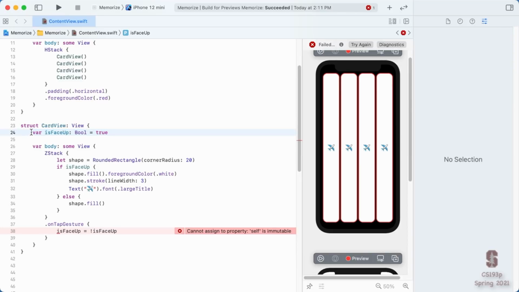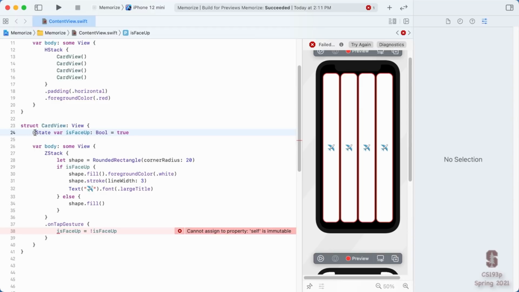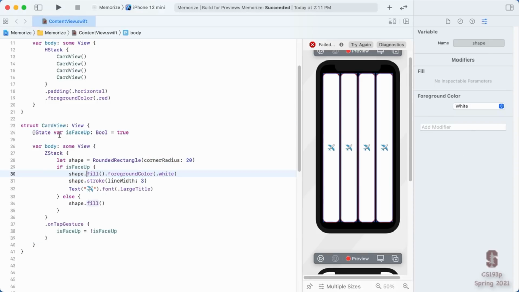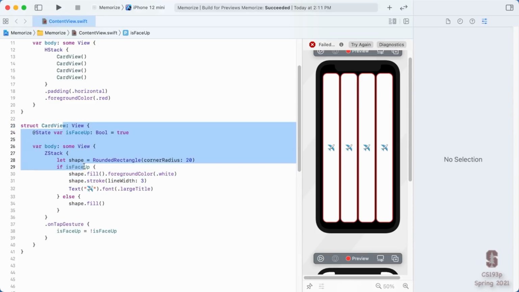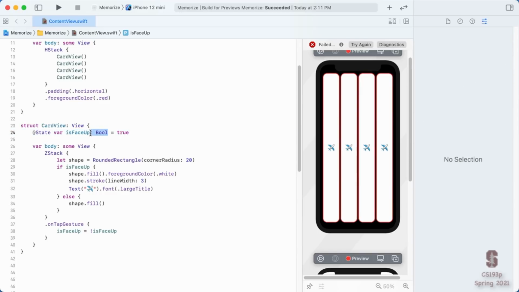And you do that by changing one of your vars to be @State. So putting @State in front of a var, a lot of people when they first are learning SwiftUI think, oh, that makes this writable somehow, that now this view is mutable, this variable is writable, but that's not true. This view is still immutable. It just turns this variable, instead of really being a Boolean, into a pointer to some Boolean somewhere else, somewhere in memory, and that's where the value can change. But this pointer does not change. It's always pointing to that same little space over there.